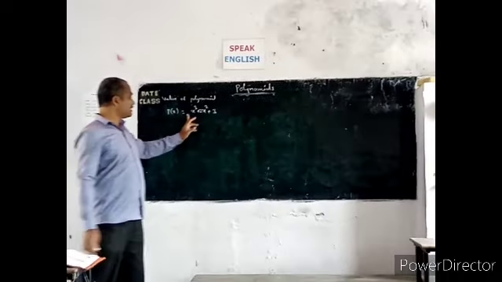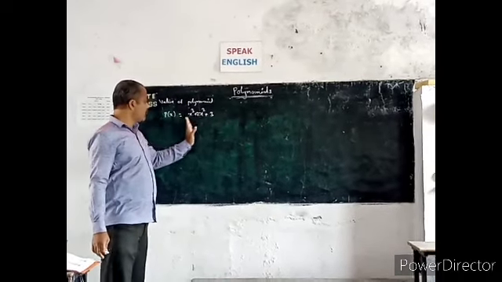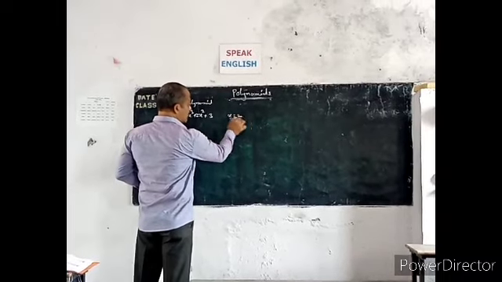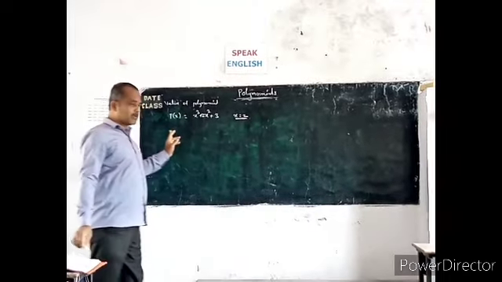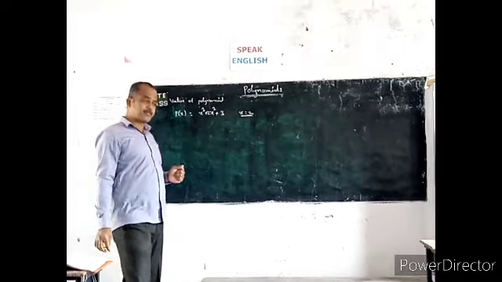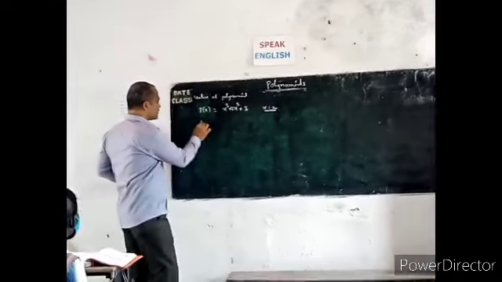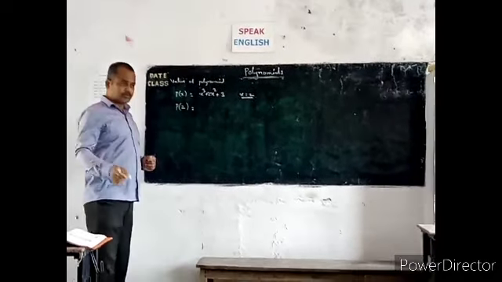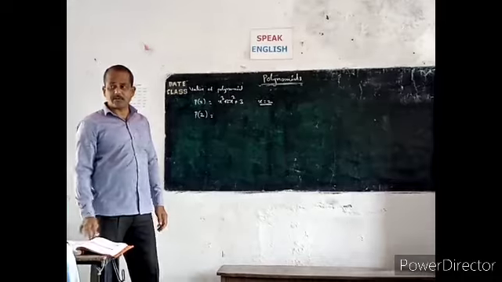Now you may write in place of value of the polynomial at x equals 2. I want the polynomial value at x equals 2. What is the value when x is 2? So now we have to substitute in place of x, we have to write 2.